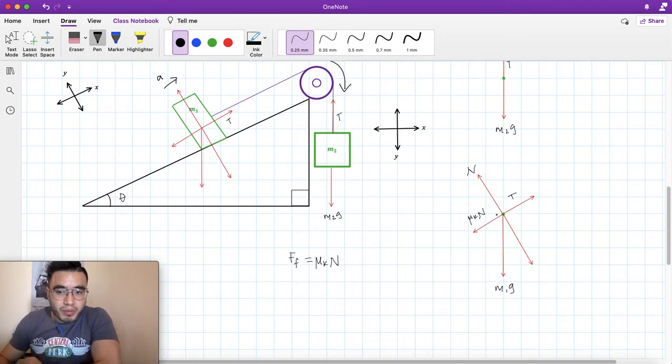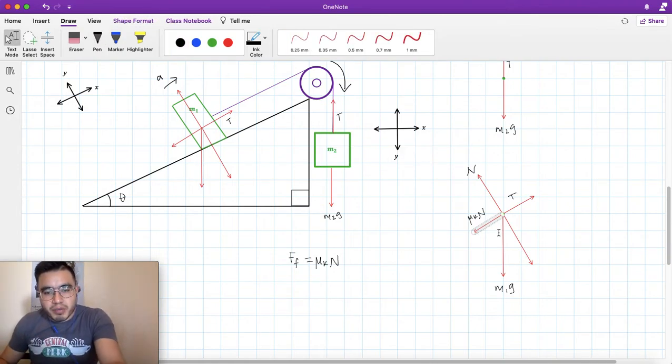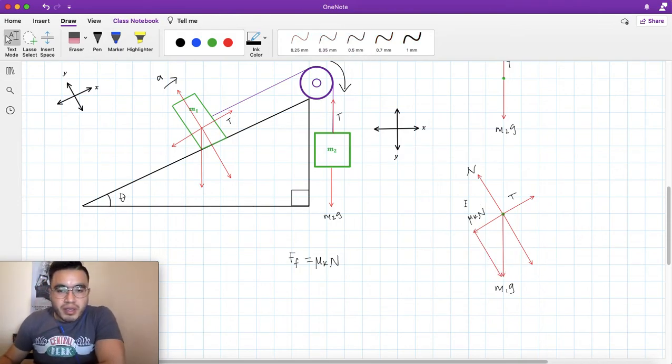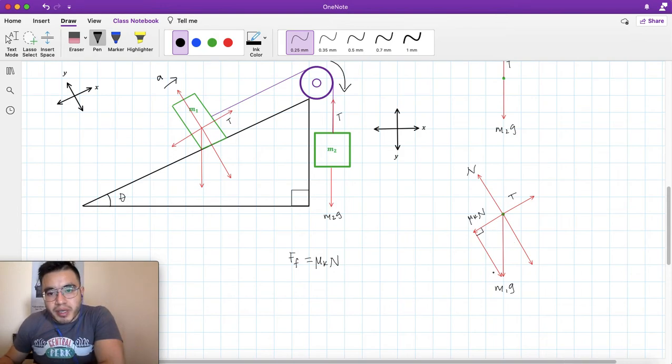You'll see why. We have to use trig, okay? Because if I copy this one, and I complete my triangle using the tip-to-tail method, I can solve for the parallel component and also the perpendicular component of the weight of the object. So there's our 90-degree angle.